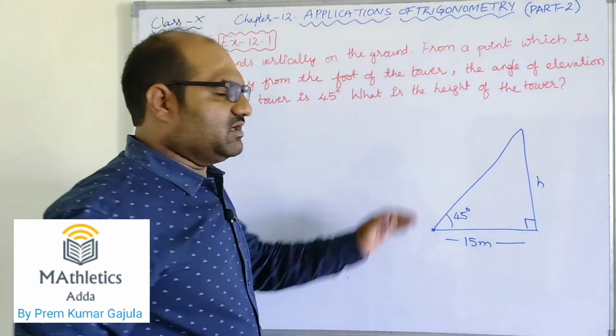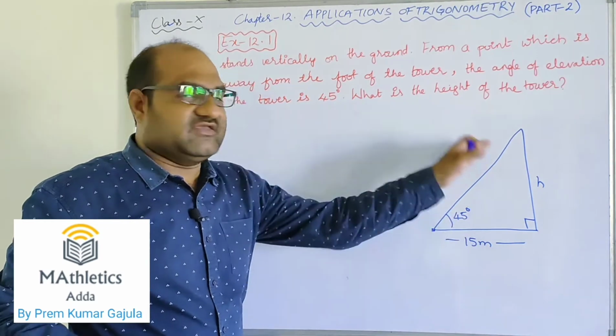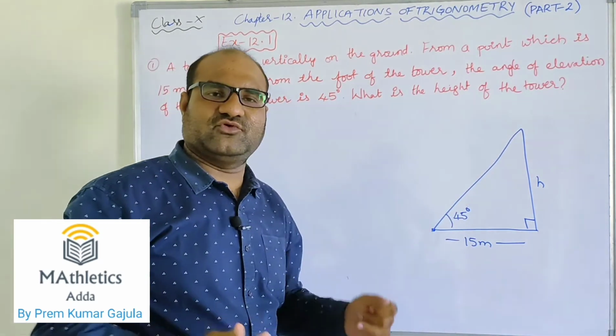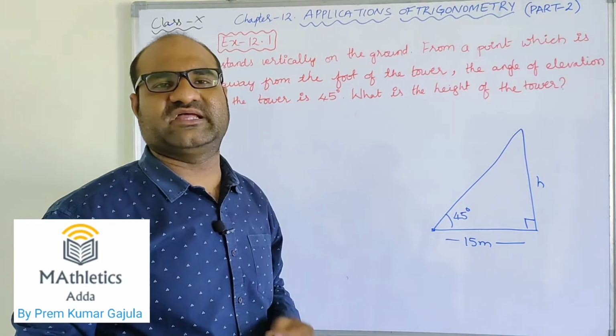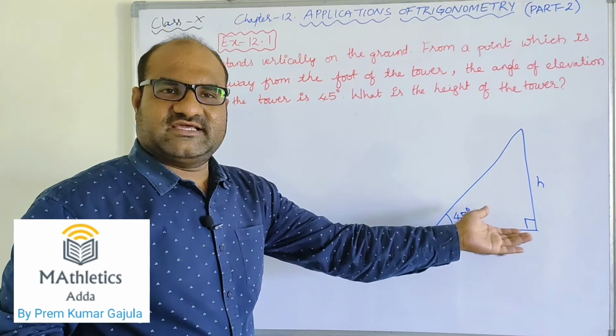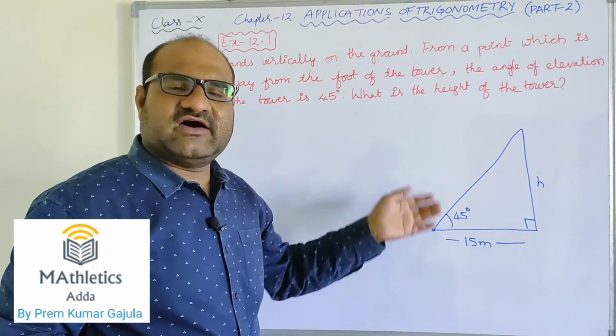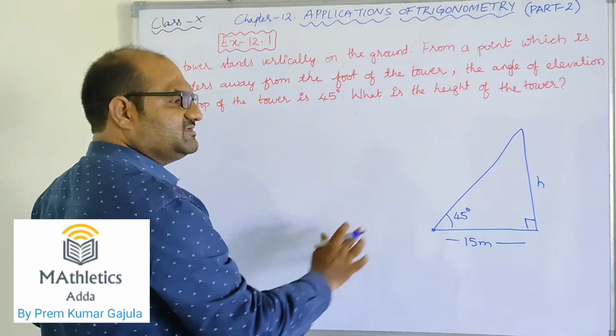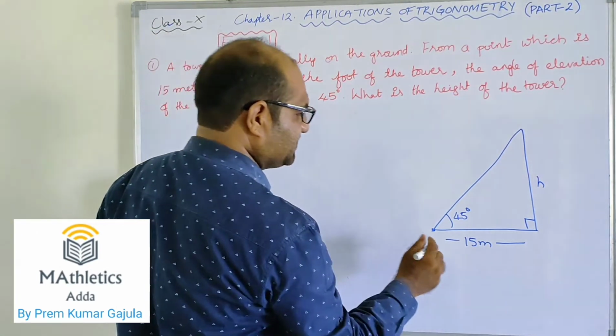Now after drawing this, you can give the names. If you give the names A, B, C to the triangle before drawing, then you may get confused. Try to practice this. First of all, you have to understand what is what. Construct the diagram roughly, and afterwards you can label A, B, C and everything. So now my construction is completed. Now I am giving the names.